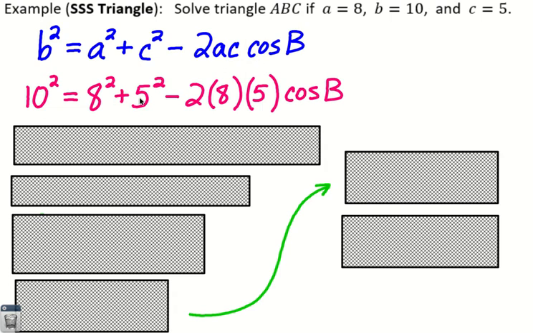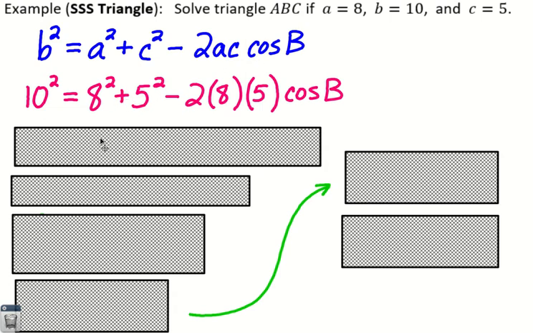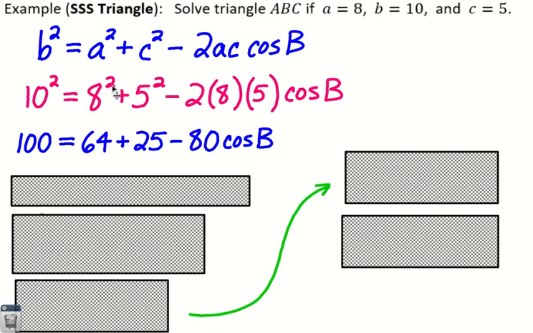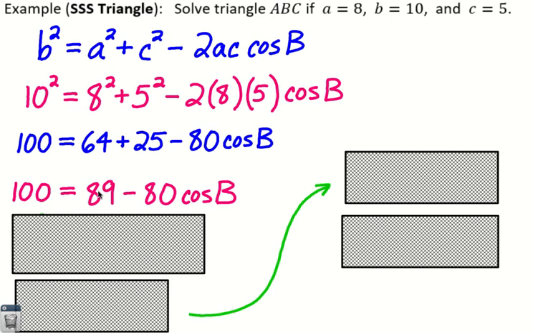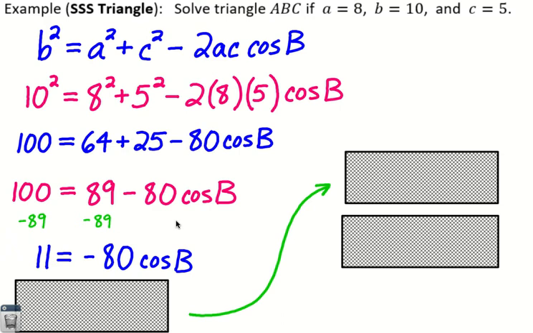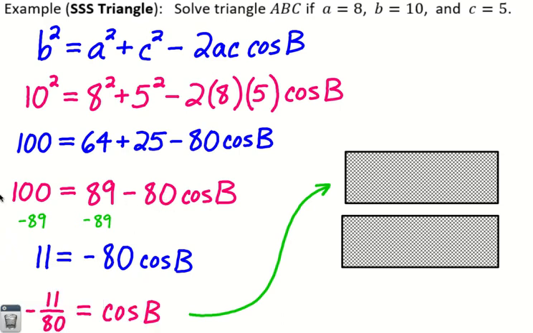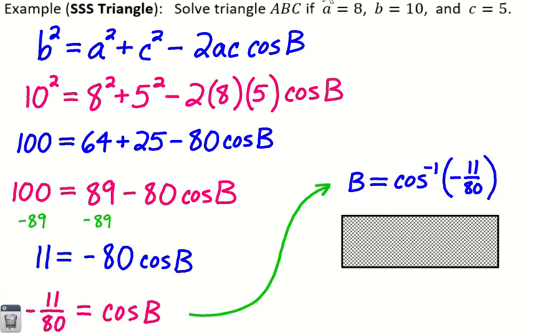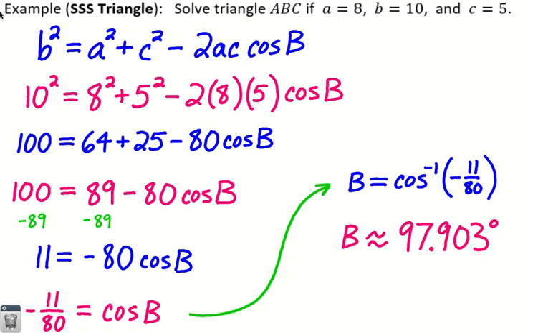So we plug in for everything we know, and then again, what you need to be doing here is squaring these two numbers, and you can combine them to be 89, and then ultimately subtracting it to the other side, or from both sides technically, and then dividing both sides by negative 80. All right? Getting the cosine of B by itself. Because once the cosine of B has been isolated, now you can go in your calculator and do an inverse cosine of that negative fraction, and your calculator tells you